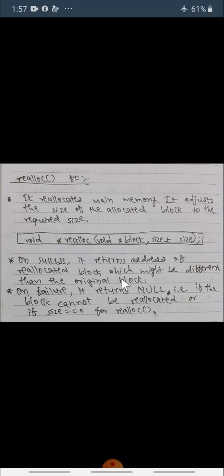The original block may be of 10 memory locations and the reallocated block may be 8 or 12 memory locations. On failure, that is if the block cannot be reallocated, or if size is already 0, the realloc function returns null value.